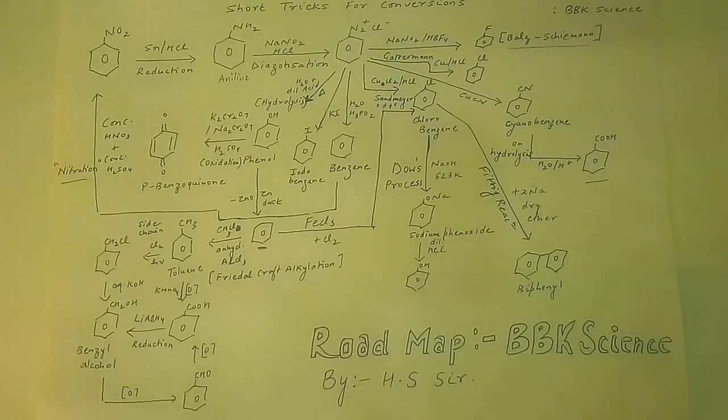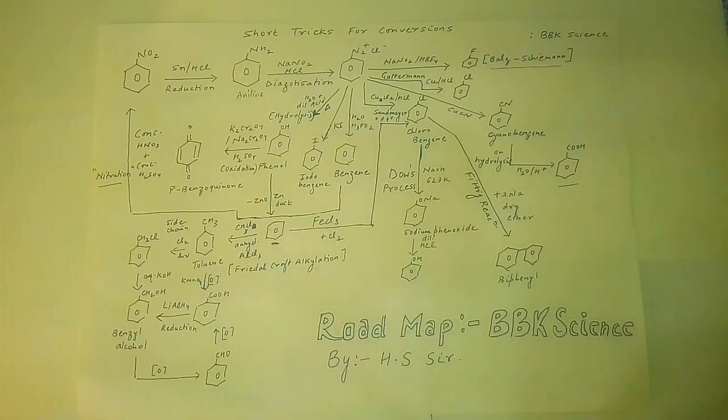Unless you learn the reagents, you are not going to conquer the tricks for conversions. So the very basic thing that you need to learn with the help of this roadmap is the different reagents. Whatever reagent is required for a specific reaction, you need to learn that, and by using these short tricks I would definitely tell you that you would be able to solve any kind of conversion reaction that is going to come in your competition or in your board examination. So all the very best with this conversion map.